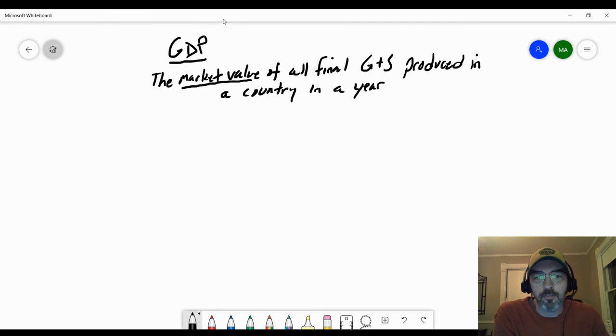We're also looking at final goods and services. So final has to do with the fact that this is the last time that this product is going to be sold before it's finally used by the consumer or the end user, they say. So final is as opposed to intermediate. So an intermediate good, as you know, is something that is used in the making of something else, right? So it's a lot of times the raw materials that are used to make something.